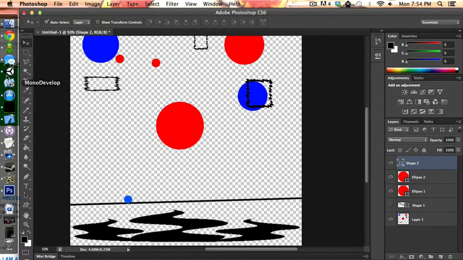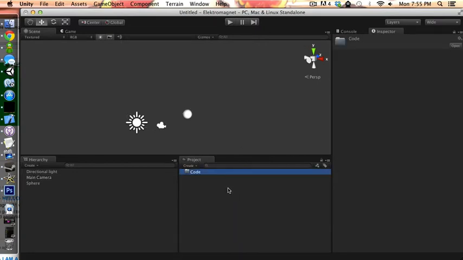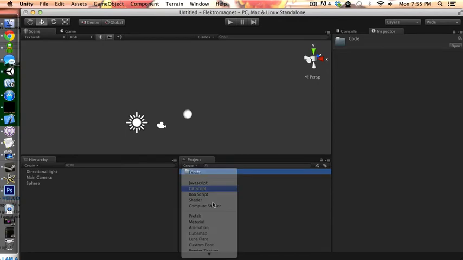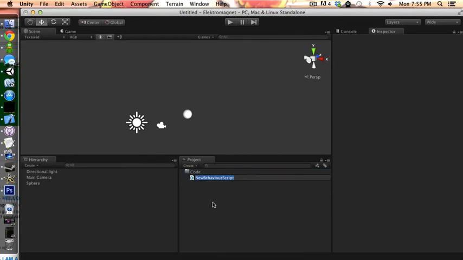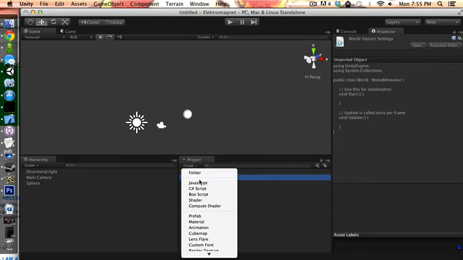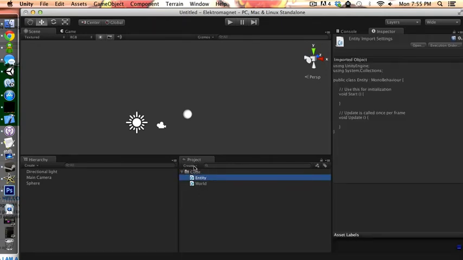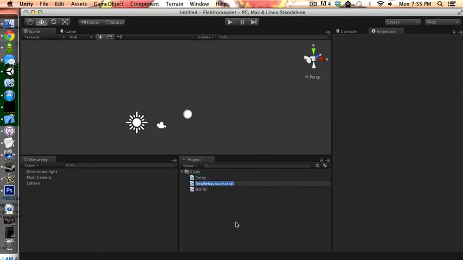So go back into Unity, create a folder for code. In there, we're going to put a C# script, and we're going to call it world. Great. Next thing we want, C# script entity. Next thing we want, C# script planet, which is an entity.